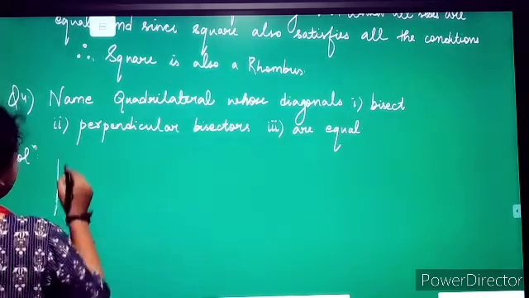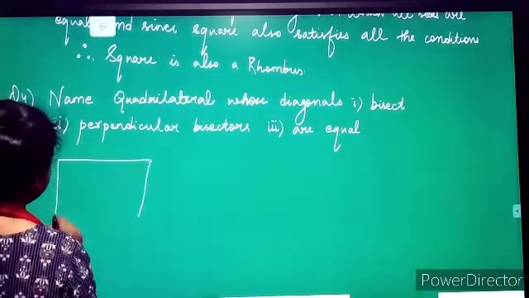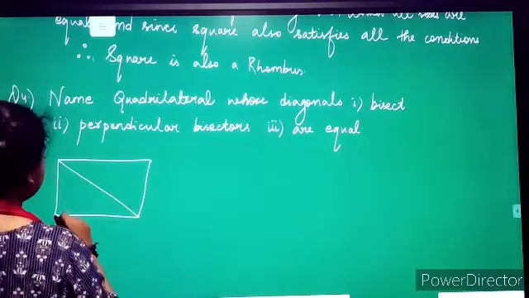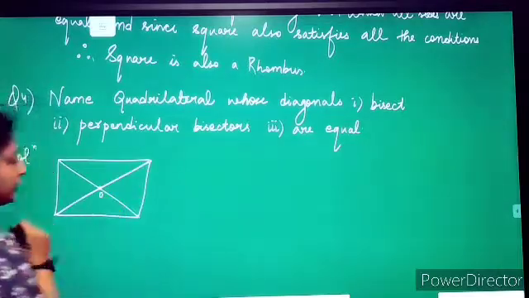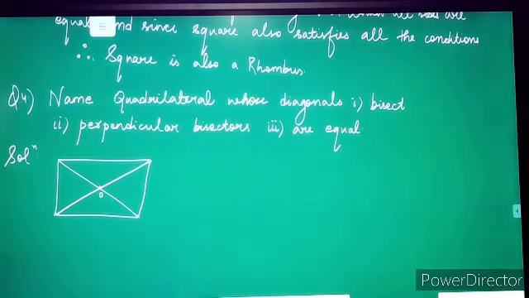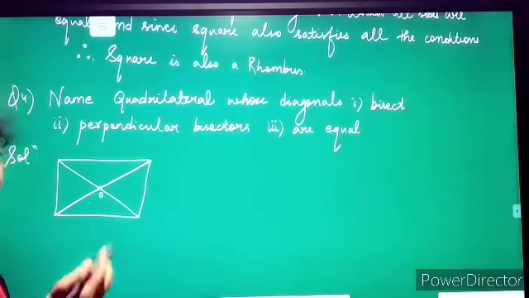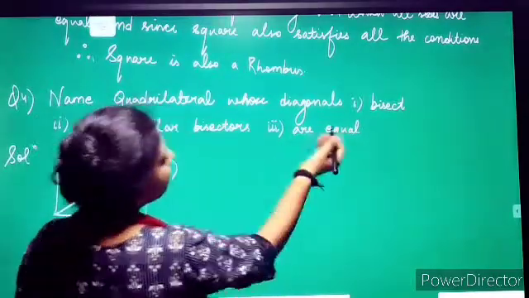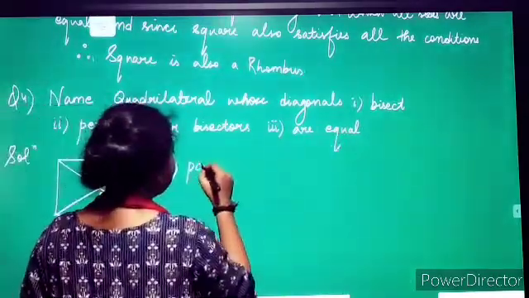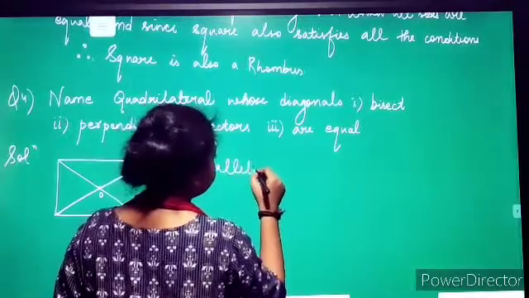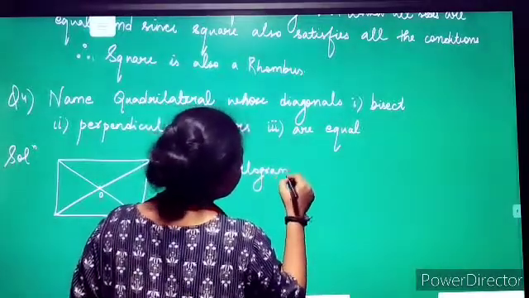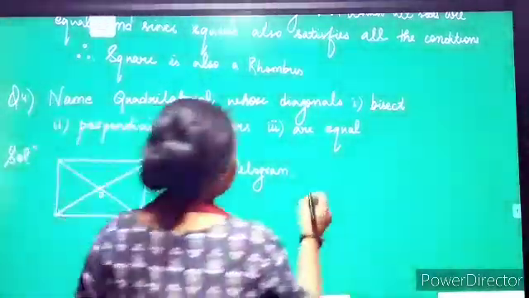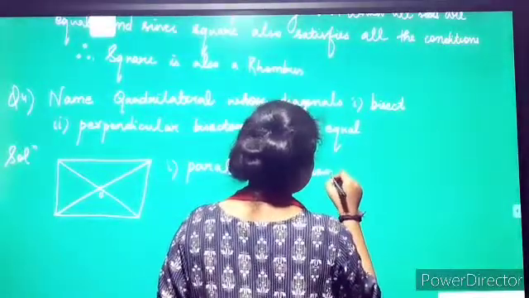We know in a parallelogram, the diagonals always bisect each other. Okay, and we have different kinds of parallelograms as we have studied in the properties. So a quadrilateral in which the diagonals bisect, first we can write parallelogram. Then we know rhombus is also a parallelogram. So here we can write rhombus as well.